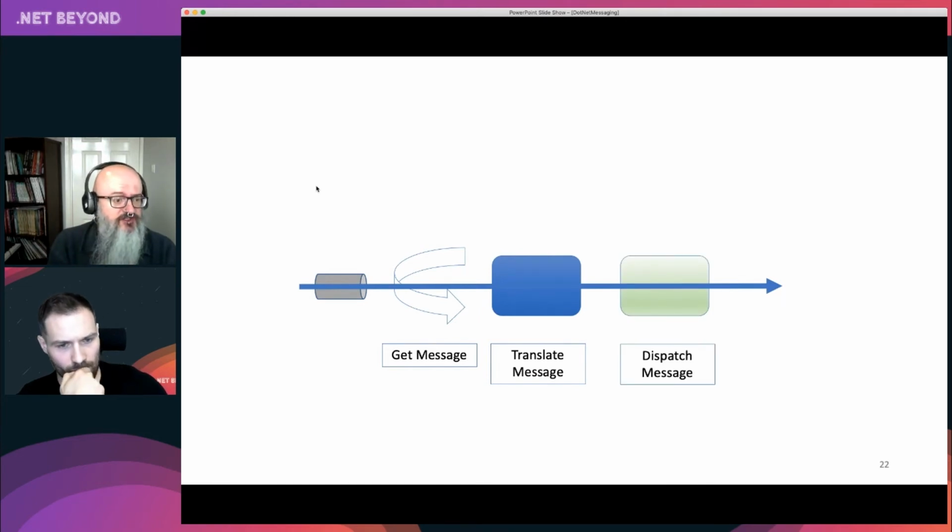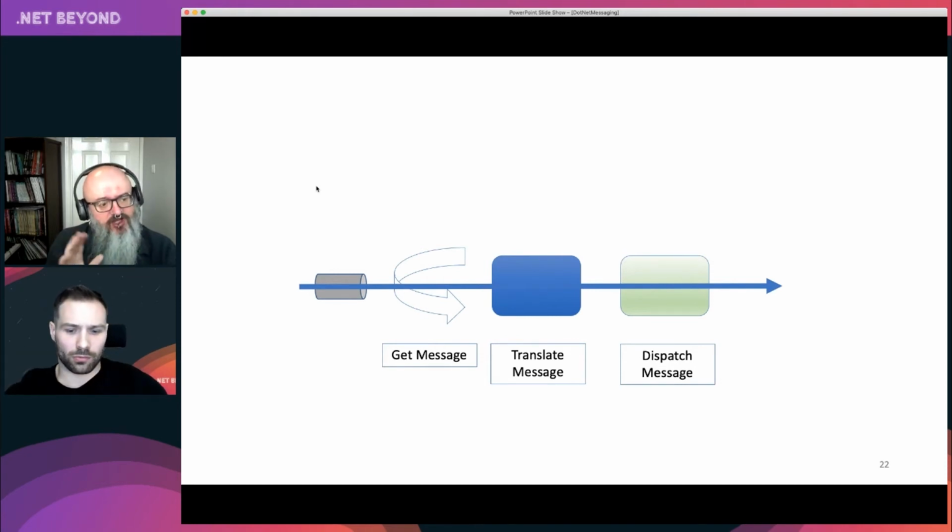Then I tend to dispatch it. I don't want to have my messaging code everywhere. What I want to do is send it to some kind of handling code that you've built that essentially says, hey, I'm the domain code and I know how to respond to that. So typically I dispatch it to a handler, which you've registered with me, that says, okay, when you get a message of this type, run this bit of code to process it.